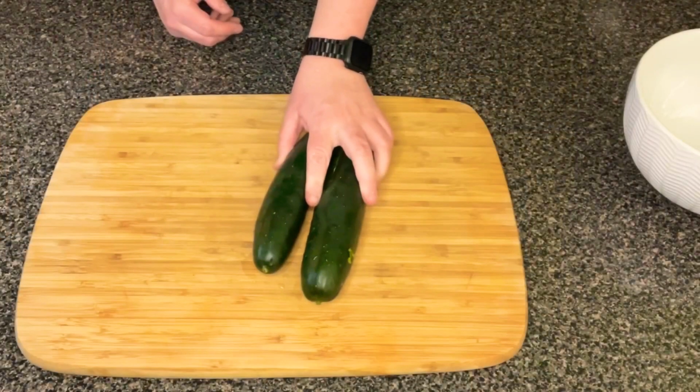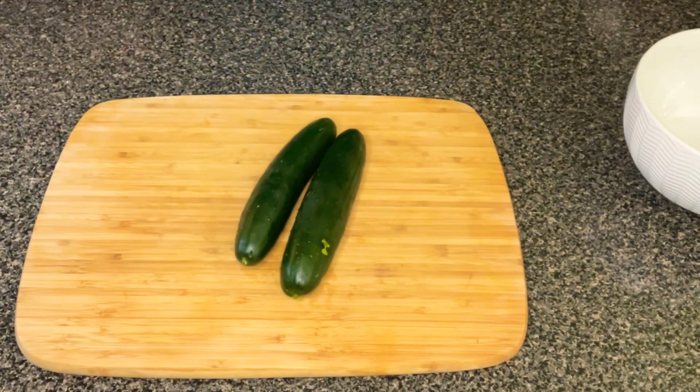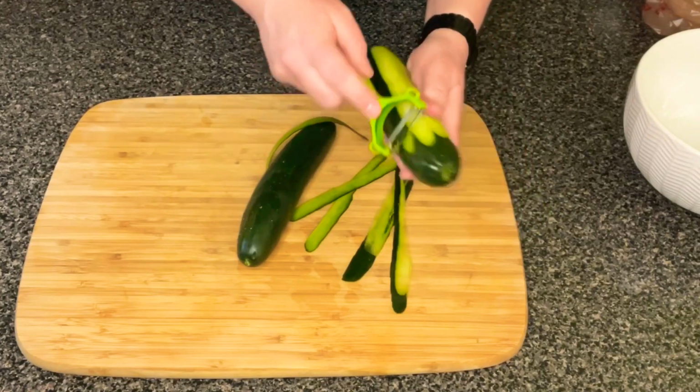Alright, so we're going to start off by cutting up these cucumbers. It's just a few veggies that you need for this salad. It's really easy. You probably might already have them at home. So we're going to start off with cutting up 2 cucumbers here. If you're just making the salad for 1 or 2 people, then you can just cut the recipe in half